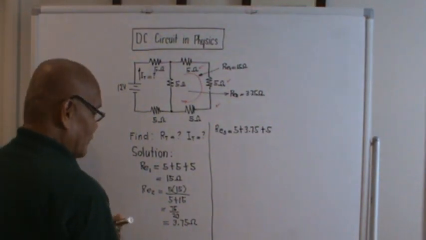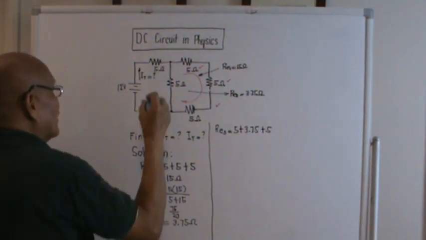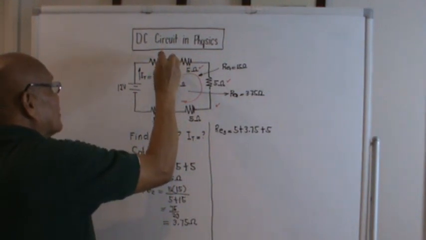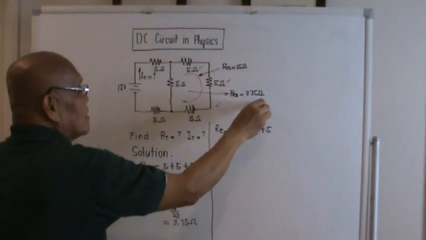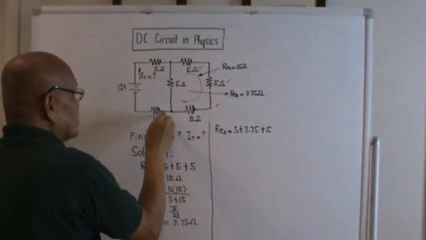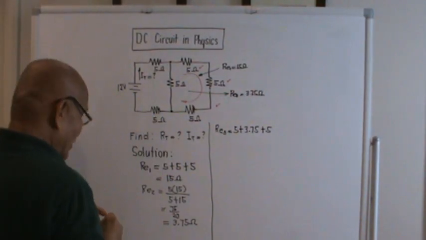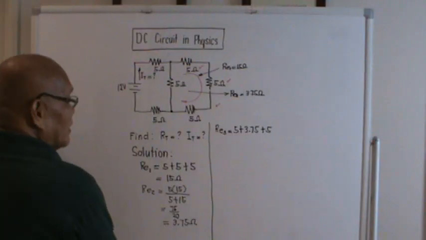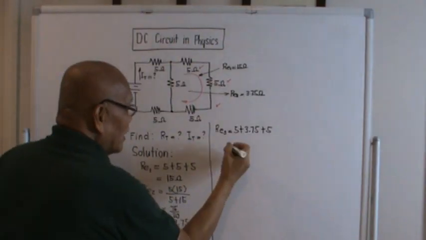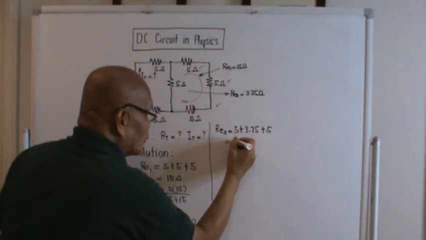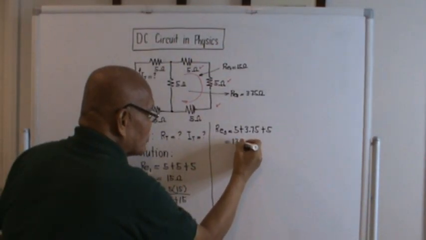You see it, guys? This 5 ohm here will be in series with this. Okay? In series with this. So if we try to take the single equivalent, I designate that one as RE with the subscript 3. And this will be equal to 13.75